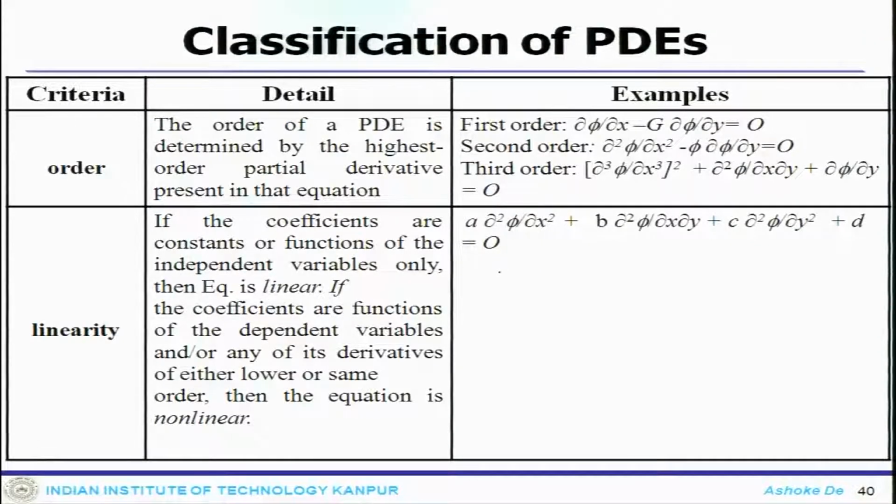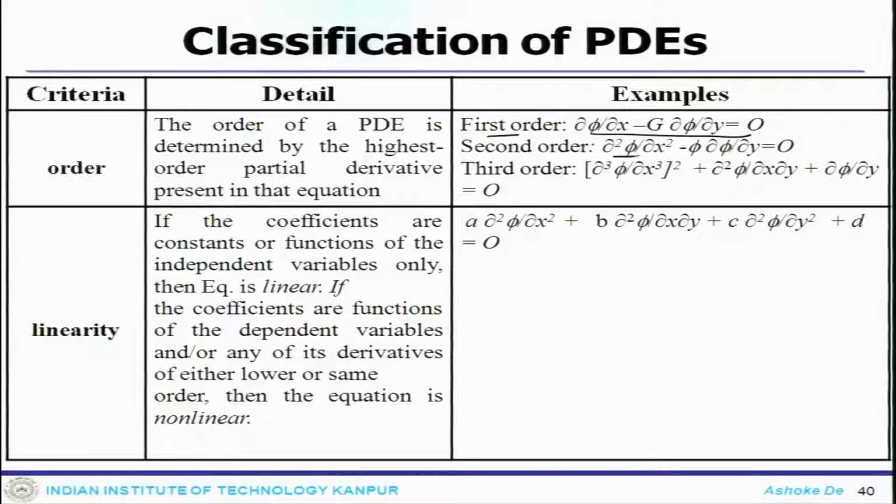Now moving ahead, we have so far been talking about sets of partial differential equations. When you talk about differential equations, a few important pieces of information regarding the partial differential equations are required. One is the order of the equation. The order of the partial differential equation is determined by the highest order derivative. If you look at this particular equation, which is in terms of del phi by del x and del phi by del y, the highest order present is the first order. So this is called a first order equation.